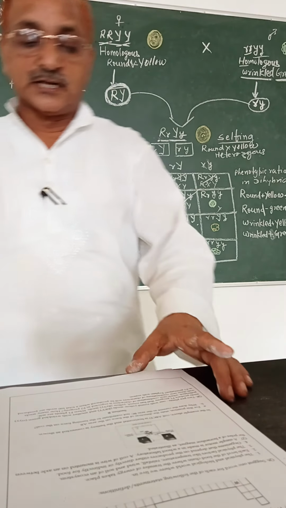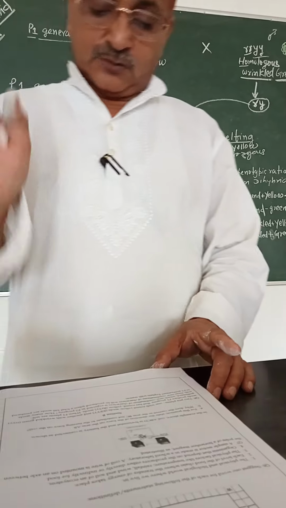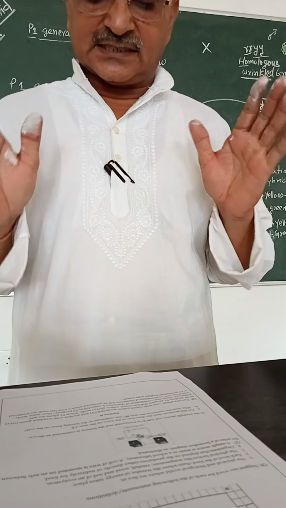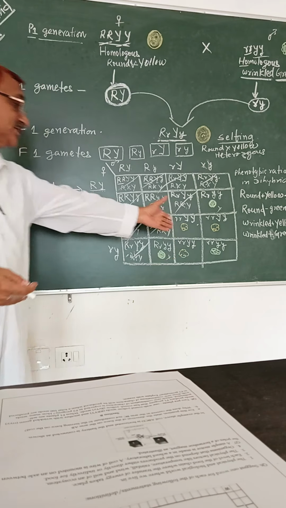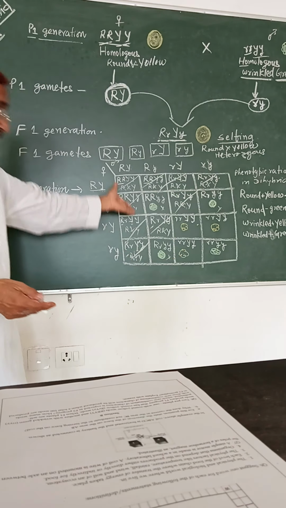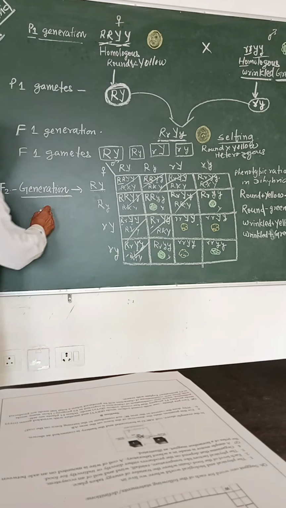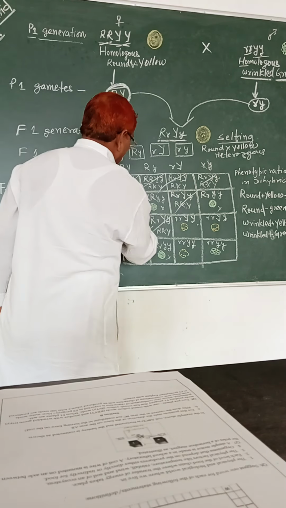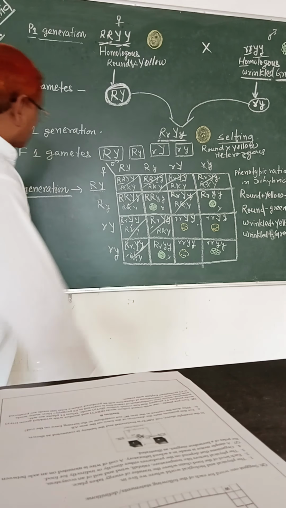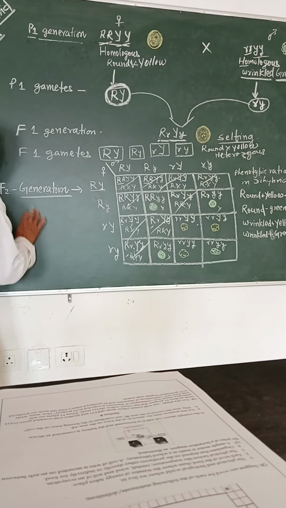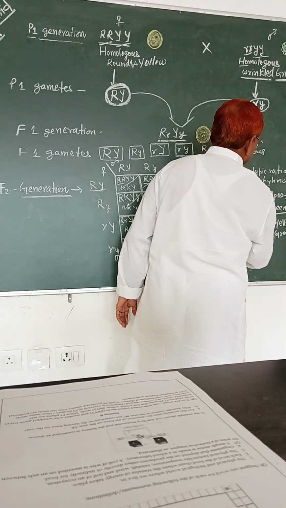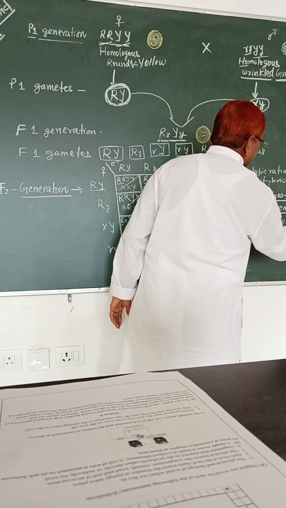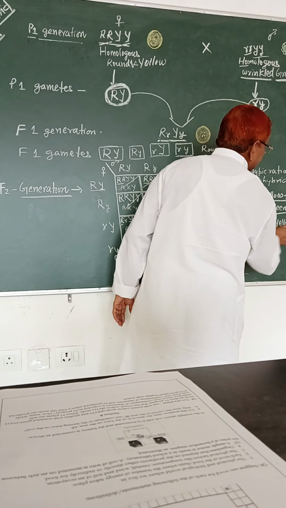According to the question you have studied, when a total of 160 seeds are produced in the F2 generation, how many seeds will be of new combination? So how many seeds of new combination out of 16? According to the Punnett square, we have 16. Now count 1, 2, 3, 4. So altogether out of 16, you have 3 round and green and 3 yellow and wrinkled.